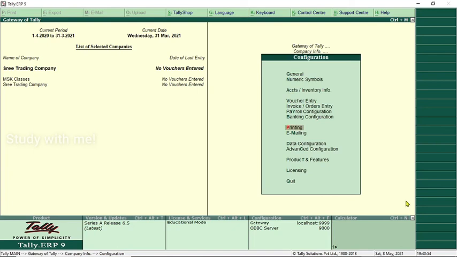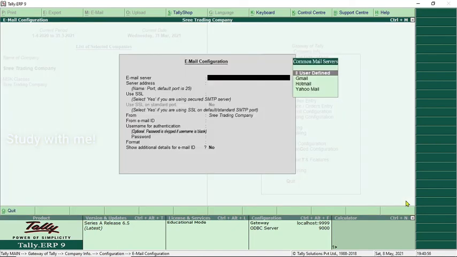We can do emailing too. Once we have our email server connected with our Tally ERP9, we can send our reports by email itself using Gmail, Hotmail, Yahoo Mail, and so on.